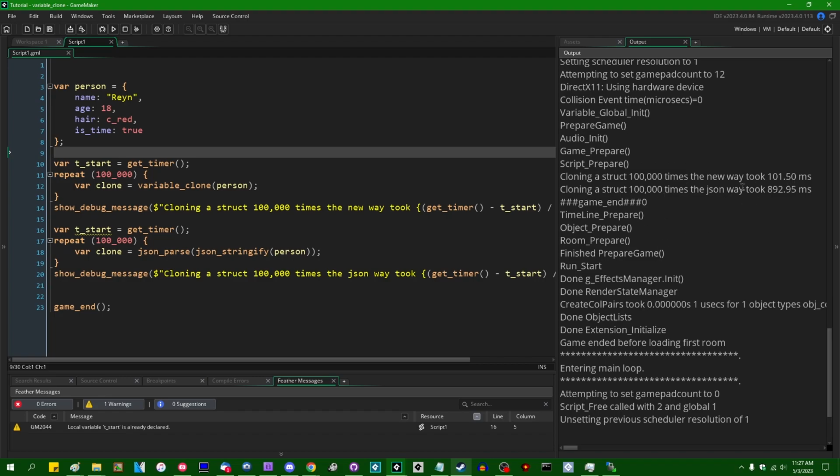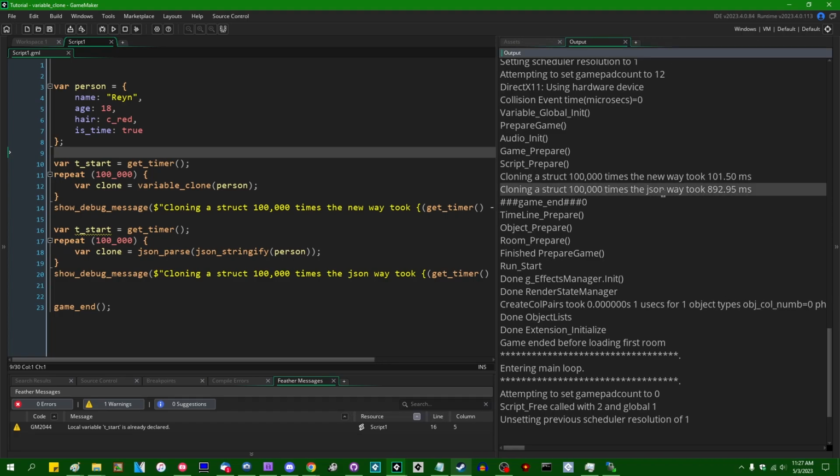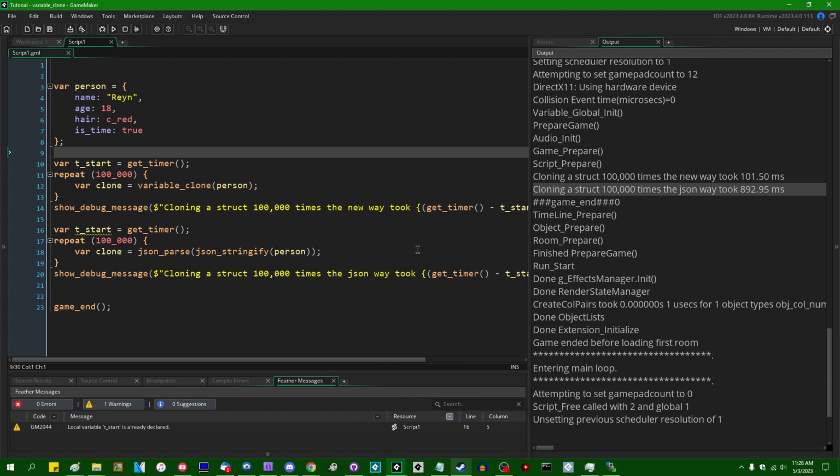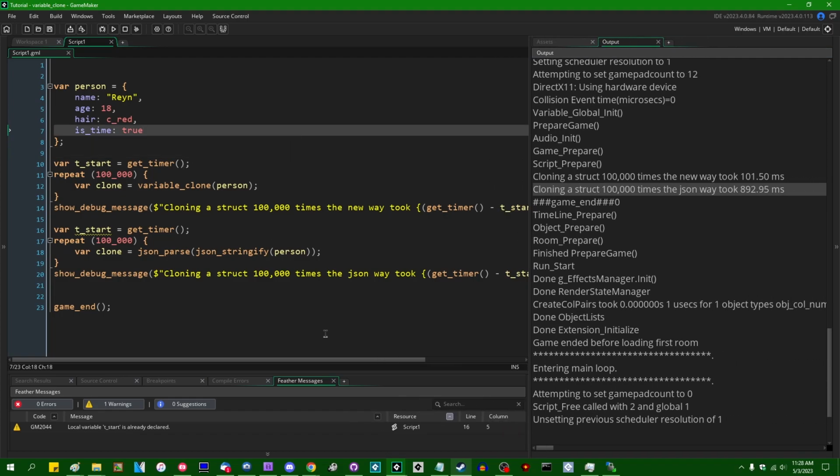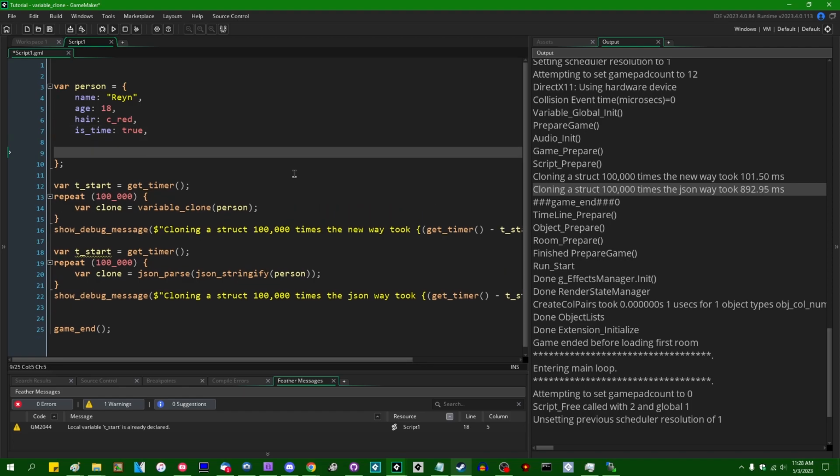Cloning a struct 100,000 times the new way took about 100 milliseconds, and cloning a struct 100,000 times the JSON way took almost an entire second, so that was an order of magnitude difference almost. This will also scale better, I expect, because if you have a larger struct, the difference will become more pronounced. So if I were to, for example, have more information in here,